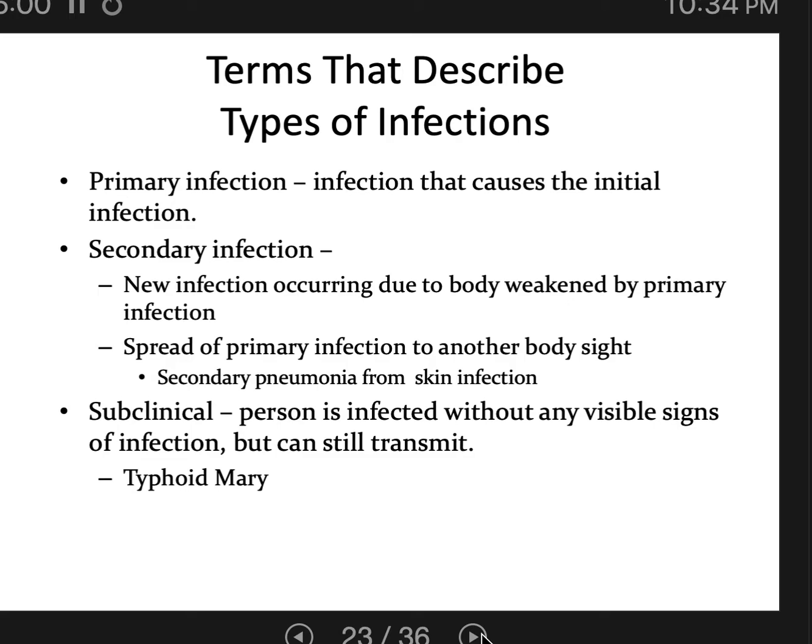Third vocabulary word on this list is subclinical, a subclinical infection. That is an infection that shows no symptoms. So sometimes a person can be infected with a pathogen, but not come down with a disease. So the pathogen is the microbe, the disease is the symptoms. So some people can have the pathogen living in their body, but they have no outward sign of disease. They don't know that they have the pathogen, they're not sick.